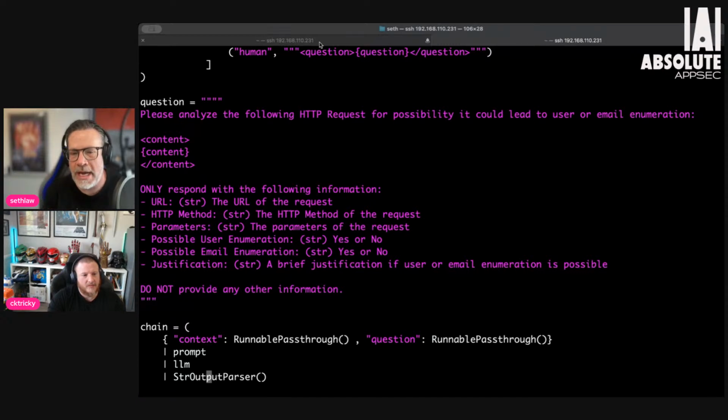Some of this I could probably ignore if I was being smart about it, right? Backend, like JavaScript and other things. All right, that's fine. I know that those probably won't have user enumeration in there, but it's a good gut check to make sure that there's not some sort of email or username that's being sent for these JavaScript files.